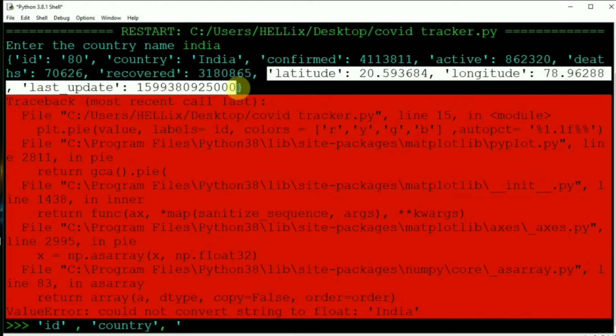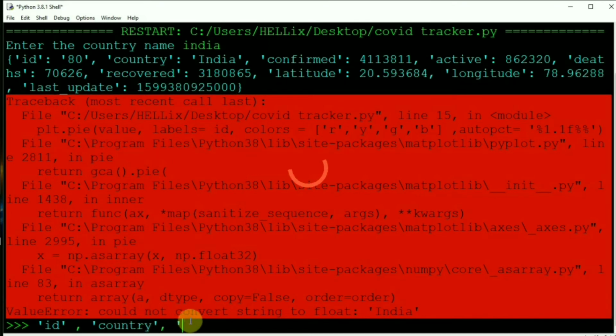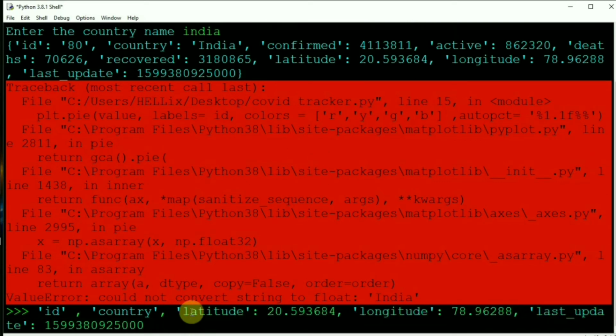These things we don't need, copy and paste. So remove this, latitude will be removed. We'll remove these values because they are not of any use to us. The pie chart will not have these values.